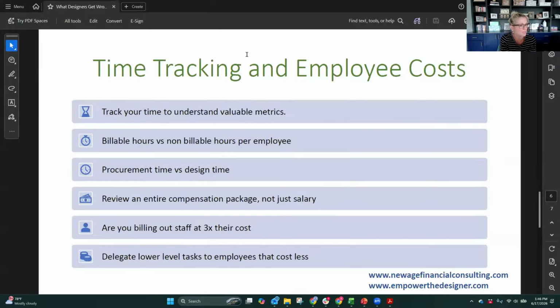Another question: House Pro has the option to include processing fees in the product markup. How do you feel about that? Really great question. A, it's great that it's included. B, I would not like it mapped to that product line item. I would be bothered by that. I would like to see it separately.